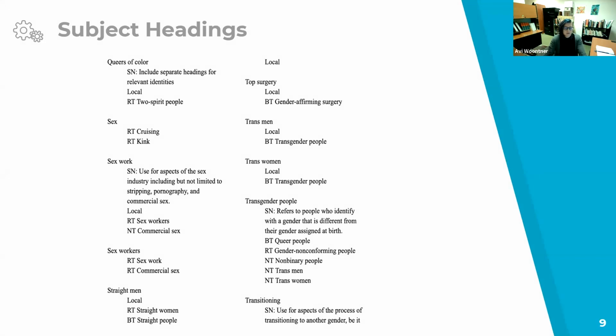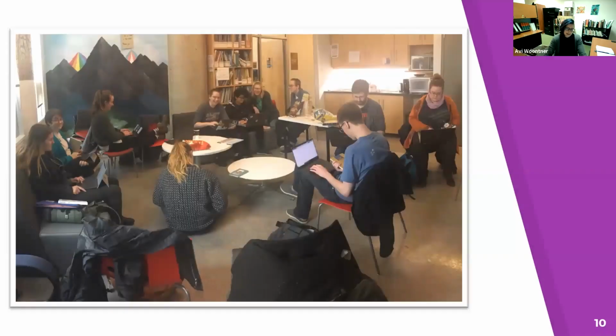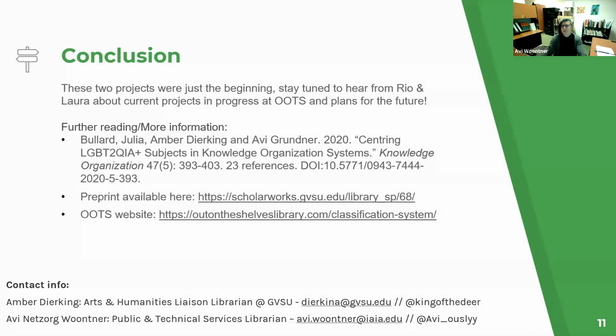And then the last one was to apply, whenever possible, headings for terms that we thought were especially important to have represented in our collections. So all that was left was to begin beta testing. And here's a picture from the training and cataloging party that we had with volunteers in February of 2020. So the last time that I saw most of the people in person. And what comes next, you'll have to stay tuned.